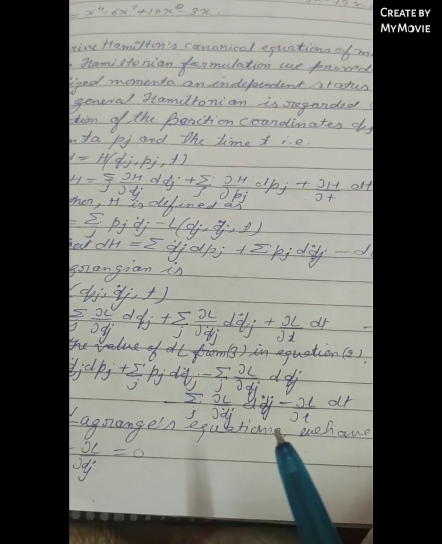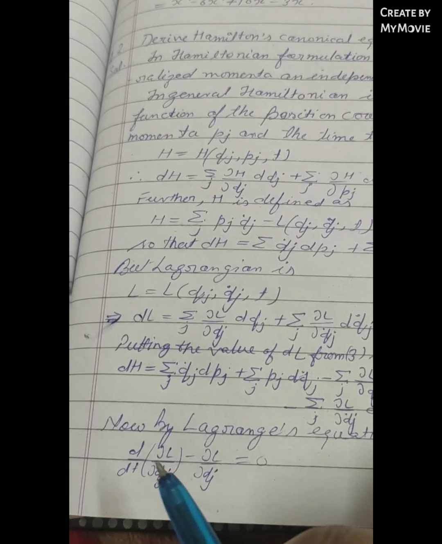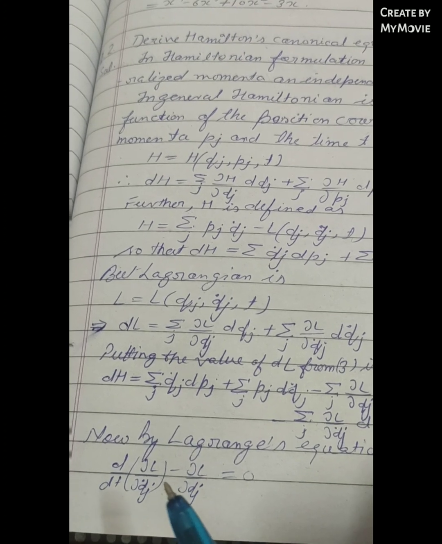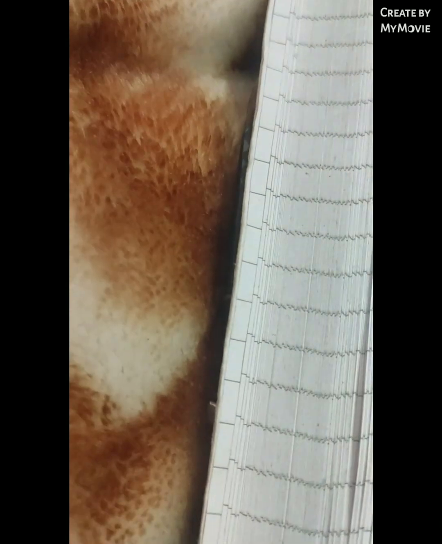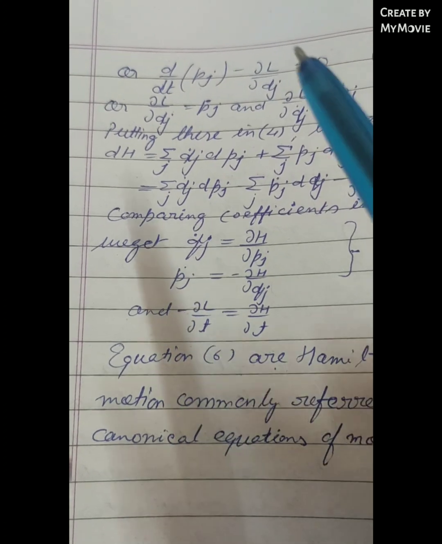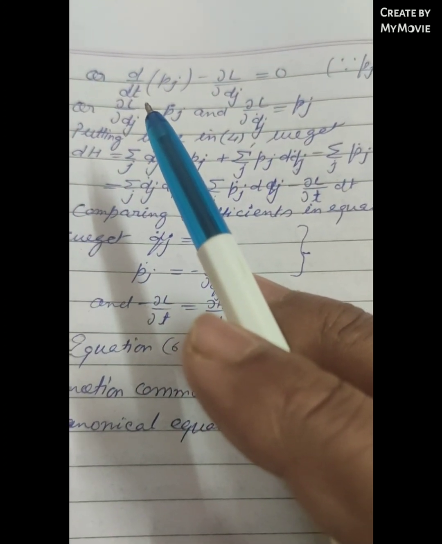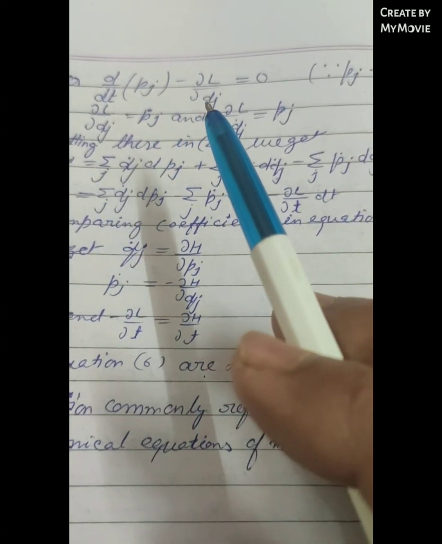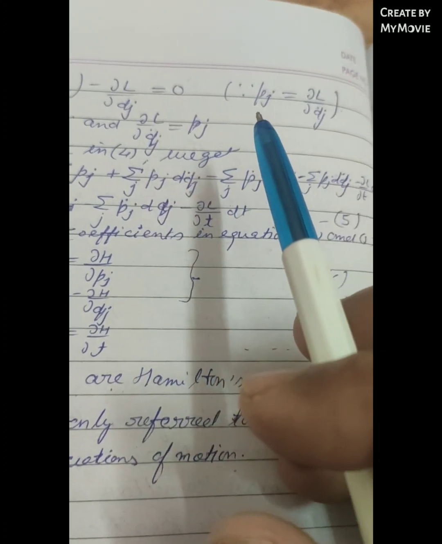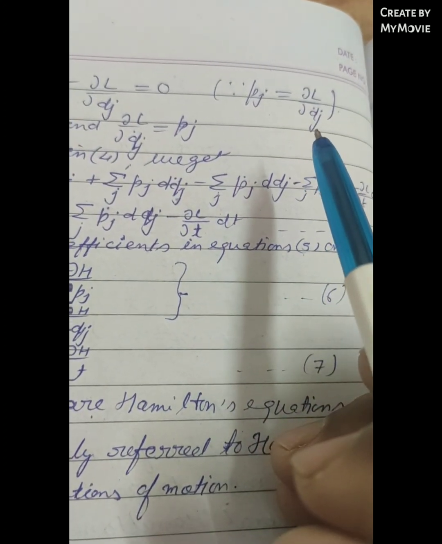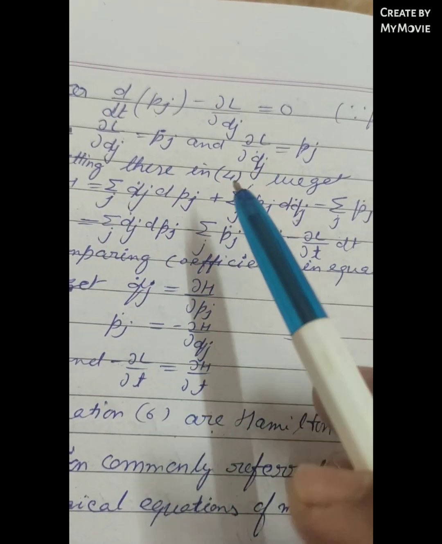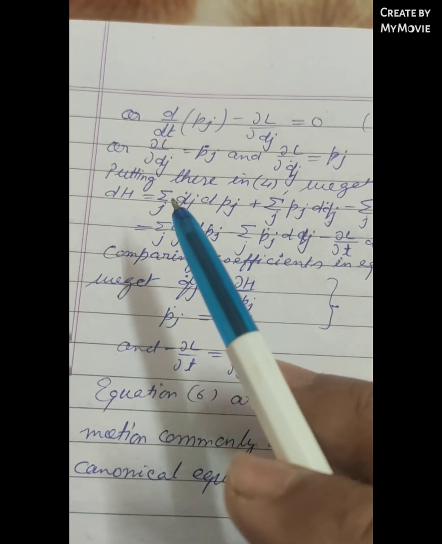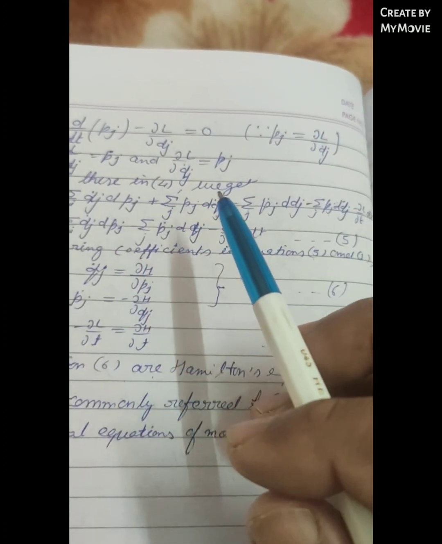Now from the Lagrangian equation we have d over dt of del L upon del qj dot minus del L upon del qj is equal to 0, or d over dt pj minus del L upon del qj is equal to 0, because pj is equal to del L upon del qj dot, or del L upon del qj is equal to pj dot and del L upon del qj dot is equal to pj. Now putting these in equation 4,